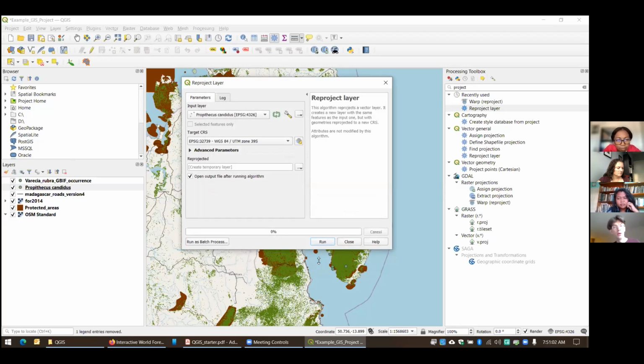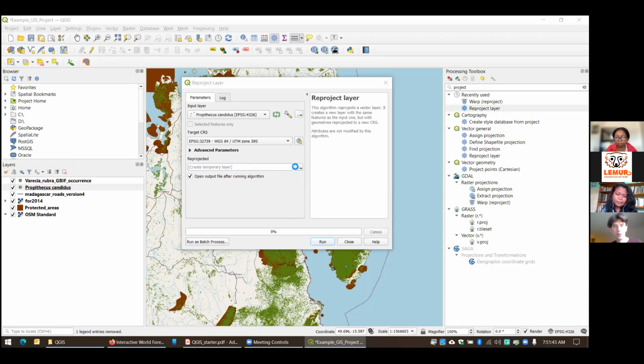Okay, now this here is saying, do you want to save this file permanently? So last time, remember I talked about that when you add data to the GIS program, it adds it as a temporary layer. And if you don't save it permanently, the next time that you open your project, it'll be deleted. So you can leave it as a temporary layer if you'd like to, that's fine, and then save it permanently next time. Or we can go ahead and save the file permanently.